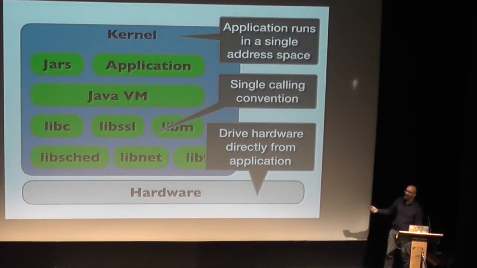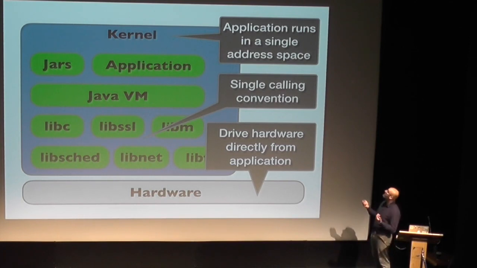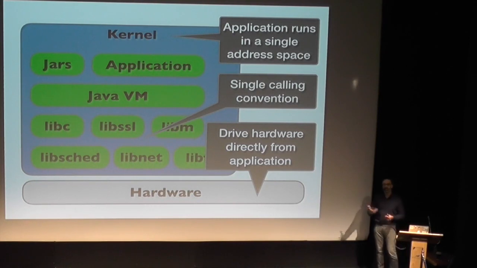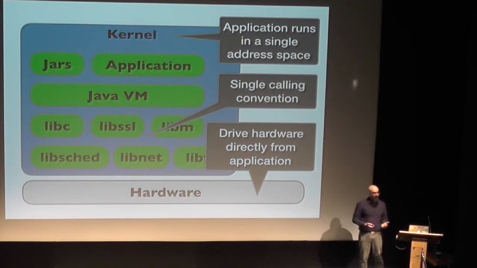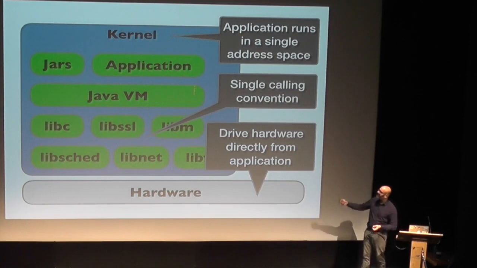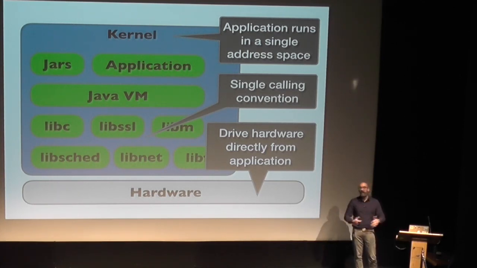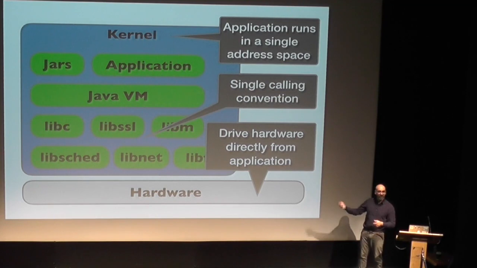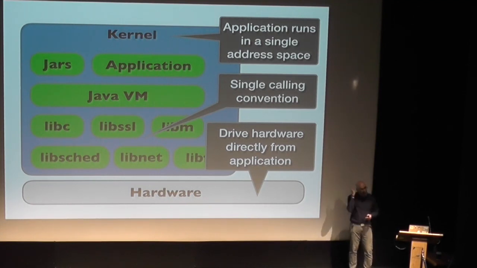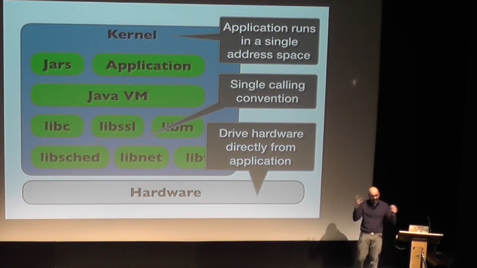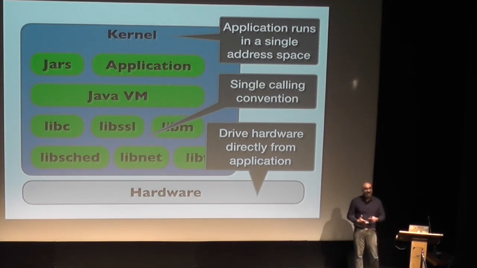So the application that we've now built with a library operating system, and this is in the 90s, runs in a single address space. It's got a single calling convention. This is so much fun, because when you have a single calling convention, if you work in compilers, it means that you can compile the whole application as one holistic piece, and then try to optimize it across everything. It also means it's much easier to reason about, because we don't have 5 different mechanisms of syscalls, of ioctls, of mmap. All of these might be words that you see in manual pages, but haven't quite come across, and that's because they are quite complicated and unnecessary in many cases.